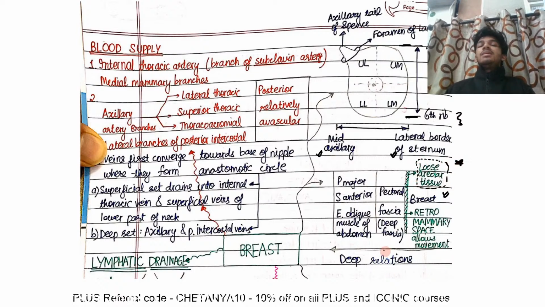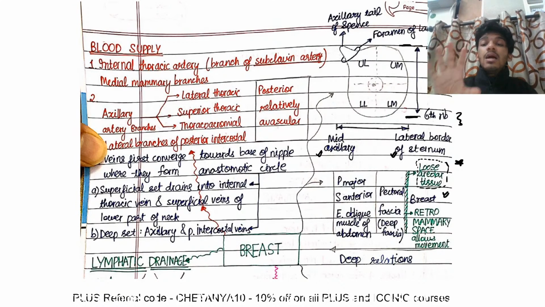And it basically makes the breast mobile. The female breast is mobile. Even in a case of gynecomastia, the breast will be mobile, and it moves over the retromammary space. Why? Because there is a layer of loose areolar tissue which allows the breast to slide over it. Beneath that, you have deep fascia, which is fixed, and that deep fascia is called the pectoral fascia,